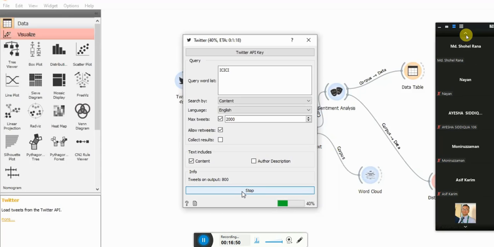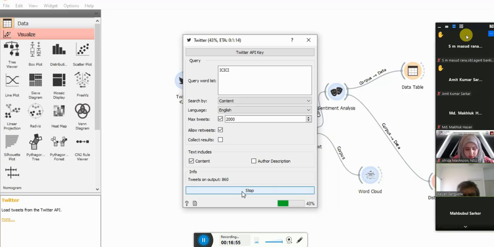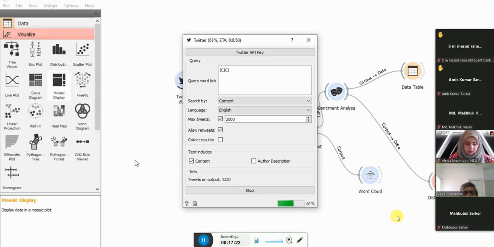What you need to do on your laptop, first you have to load the program which is Python. Once you have loaded Python, after that you can load the Orange program. This is also free of cost. This Orange program will give you nodes which you can bring onto the canvas and work with.